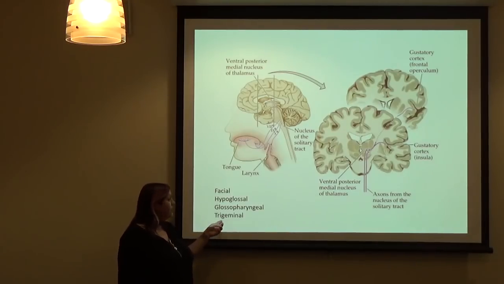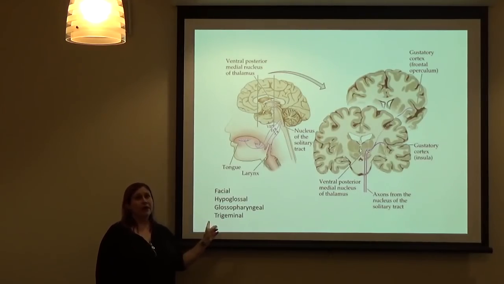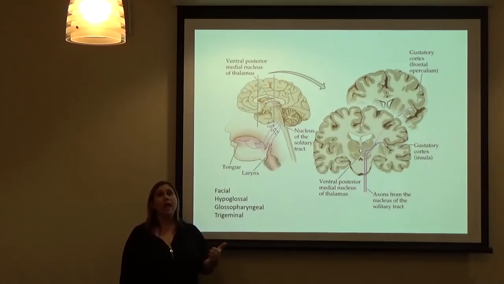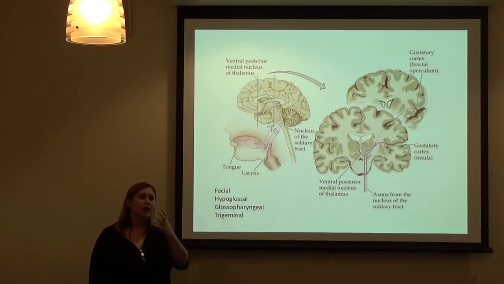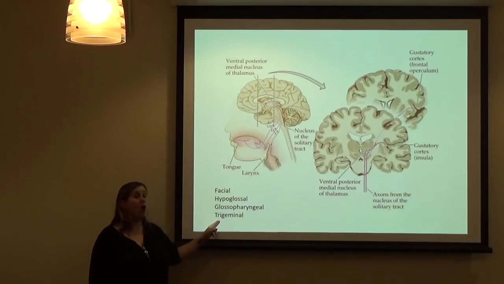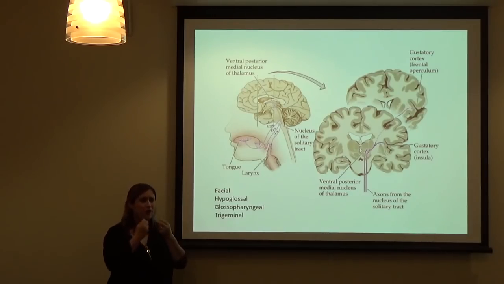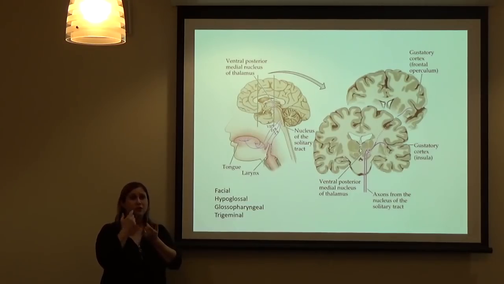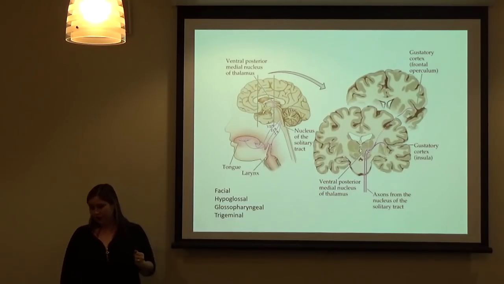But the trigeminal nerve doesn't send taste information. That sends temperature information and information about the texture of the food, okay? So not about the taste, but about how hot or cold it is, how chewy or crunchy it is, and that kind of information. Not specifically taste information, but the other kinds of somatosensory information you can get from your mouth. Because your mouth doesn't just taste things, it also feels things, right? Okay, so that's your trigeminal nerve.